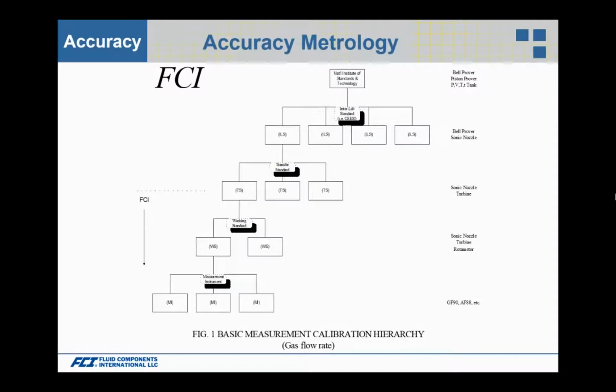To give you an idea, it's always interesting. People want to know, well, if you have a calibration test facility, where do you stand on that chronological order from the master flow meter? The National Institute of Standards and Technology, CC, is what we use. That's a laboratory located in Colorado. They have a master meter, and it's a bell prover or a sonic nozzle. Okay, their bell prover and sonic nozzle are actually based back to that National Institute of Standards and Technology. So we see the chart as it goes down, and then that bell prover and sonic nozzle from CC